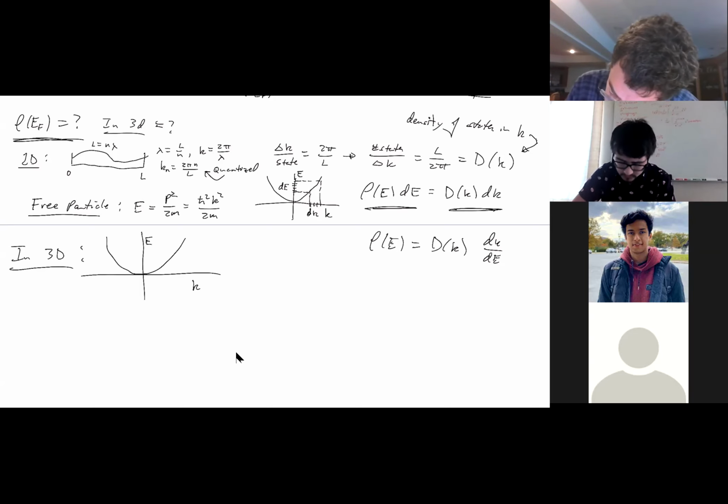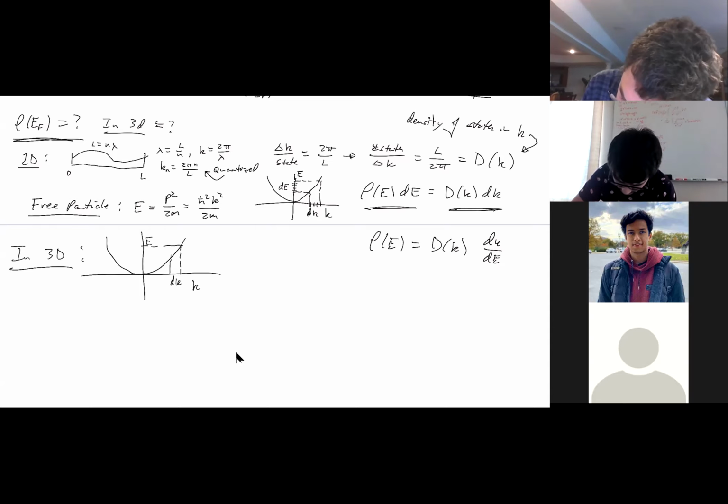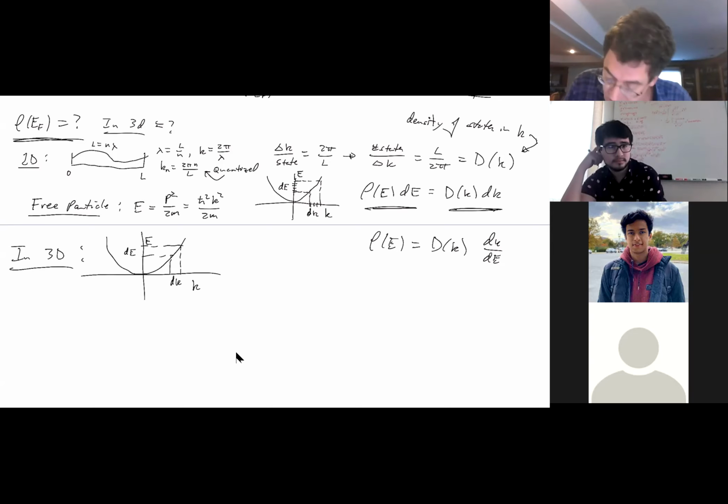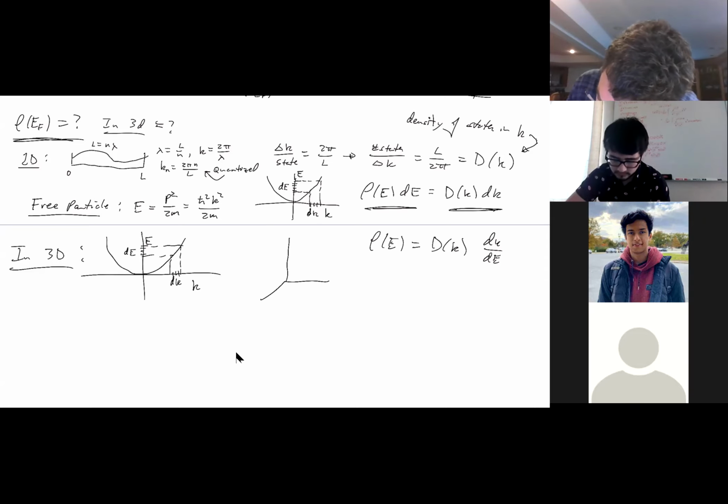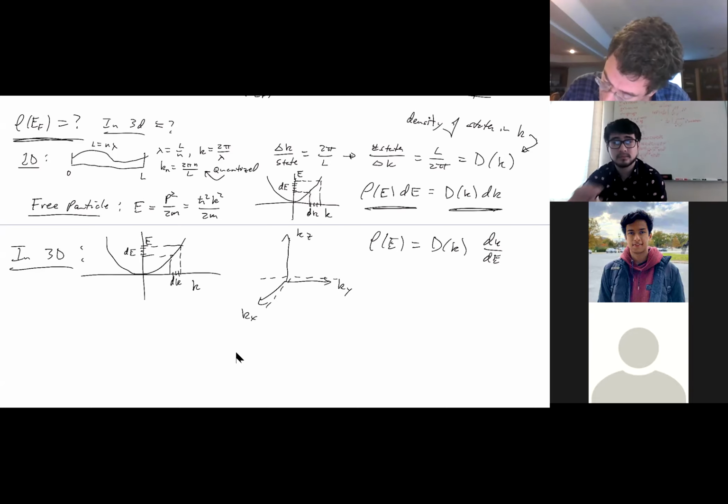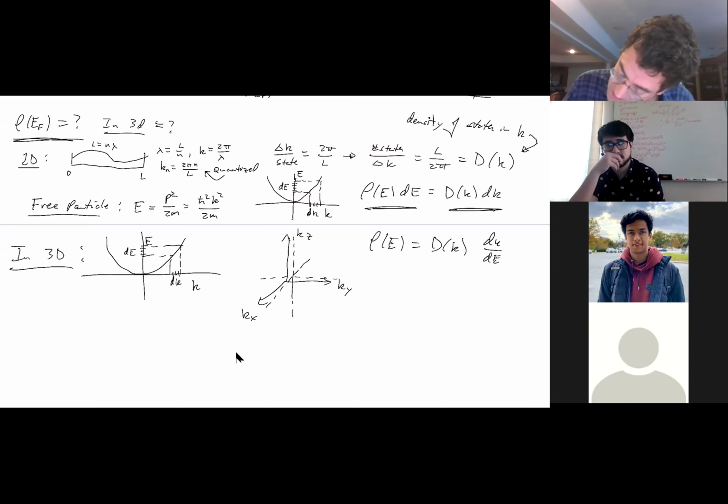And so we still have this concept of a dk and a dE, but now the complication is that my K is three-dimensional. And so now I have a Kx, a Ky, and a Kz. And so now K is quantized in the X direction and the Y direction and the Z direction. And so we have a three-dimensional grid